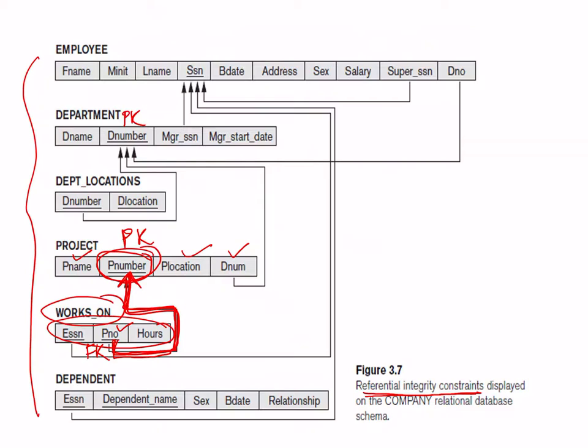Please go through it, and if you have Oracle installed on your laptops, please try and practice the create commands. You can build all the tables in the company database and see if you are able to create them, and the further queries I will be handling in the forthcoming videos.